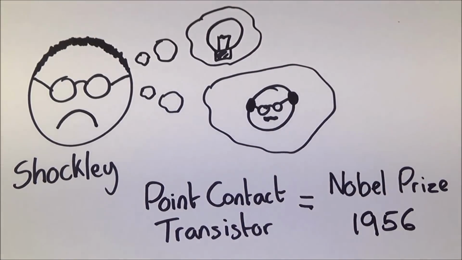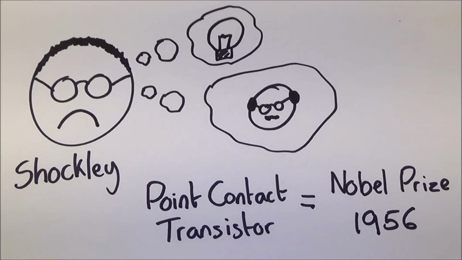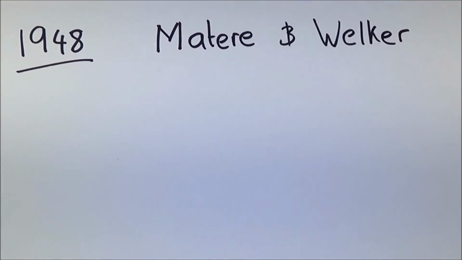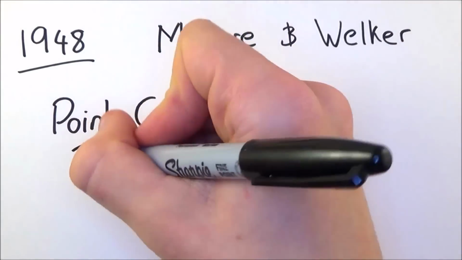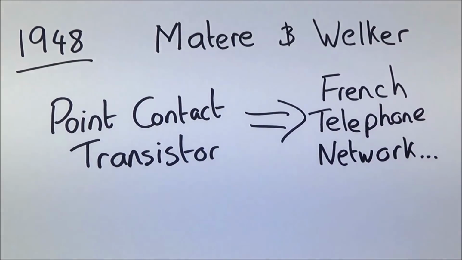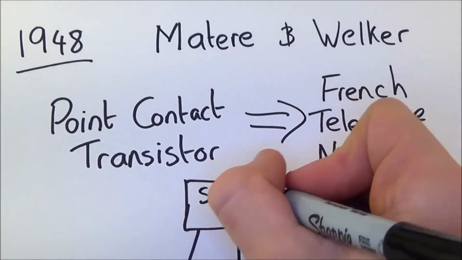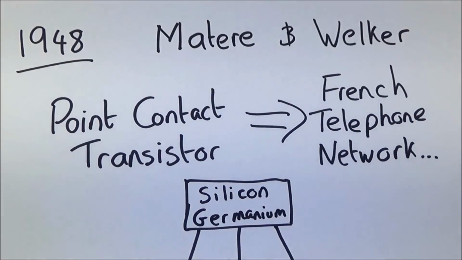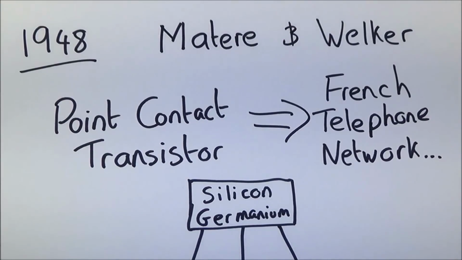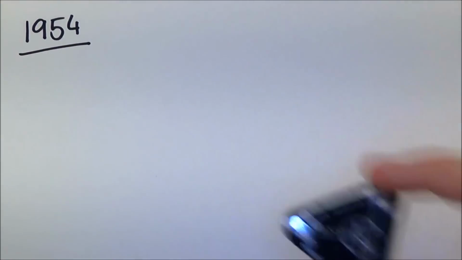on a point contact transistor, and in 1956, Shockley, Bardeen and Brattain were awarded the Nobel Prize in Physics for their work on transistors. However, this is when stuff starts to get really interesting. In 1948, two Germans named Herbert Mathieu and Heinrich Welke independently invented the point contact transistor too. However, their transistor produced a more consistent result and was made out of silicon and germanium. Realizing that the three American scientists had already invented it, they rushed into production and used it to improve the French telephone network. However, it wasn't until 1954 when the Americans stole the show again by inventing the modern transistor